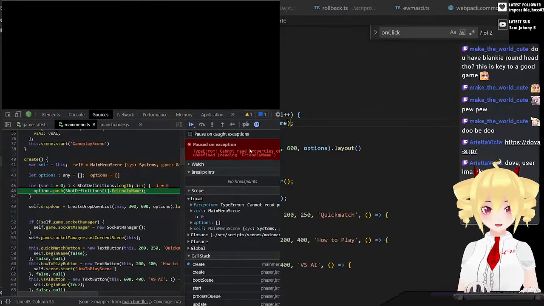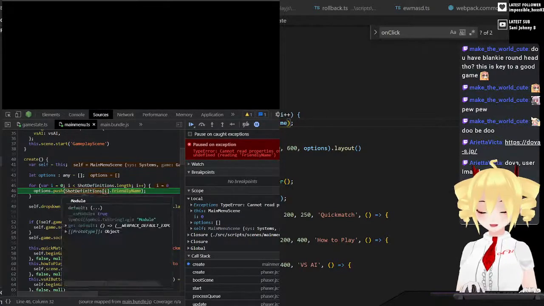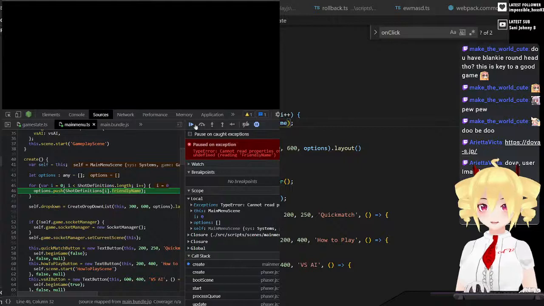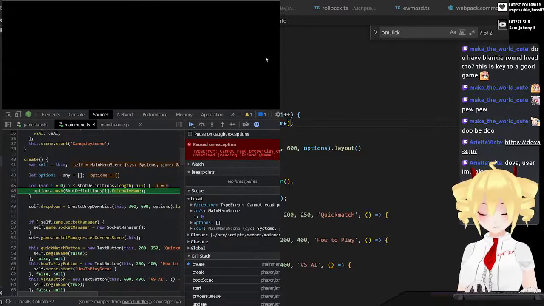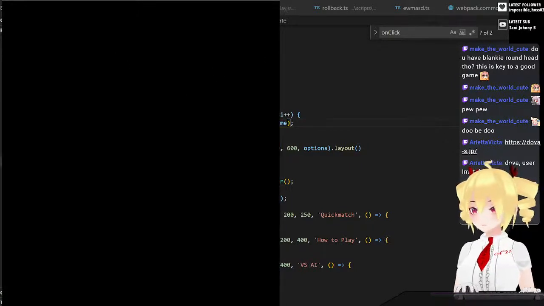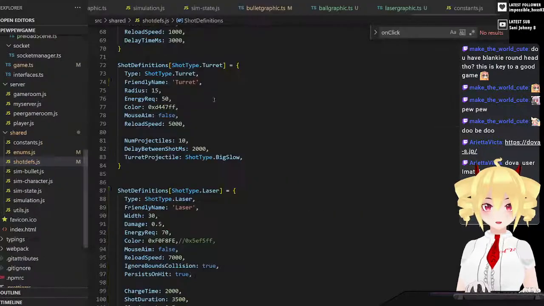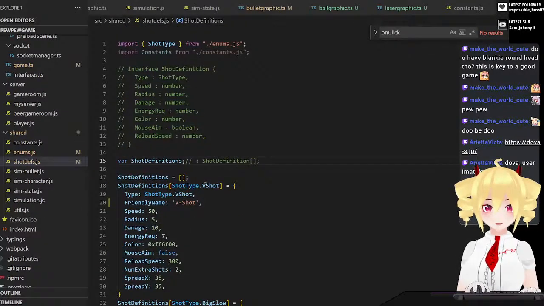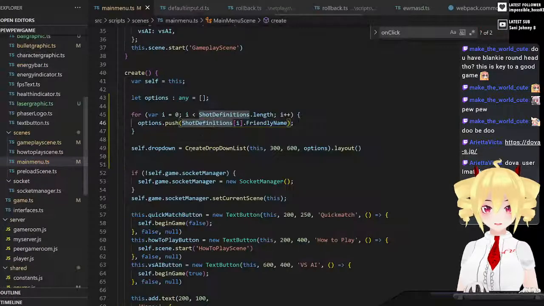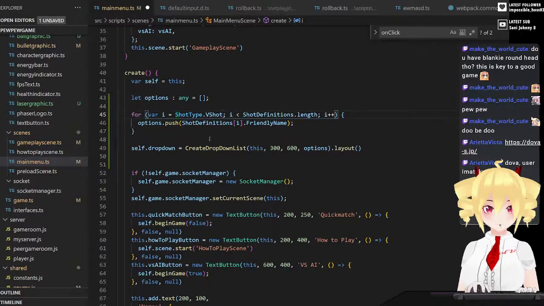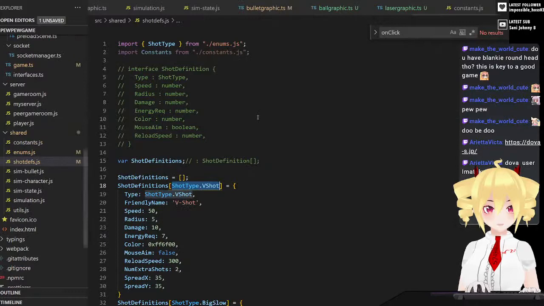Oh, can't read properties of undefined? Okay, so shot definition sub i is undefined. Oh, right, yeah. Duh, because it's not numbers. Okay, yeah, the problem we did here was, in shot definitions, it is numbers, but we started with shot, which is the problem, which is it's not 0. And we'll go to,